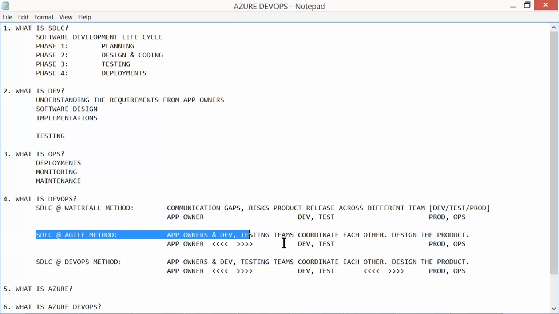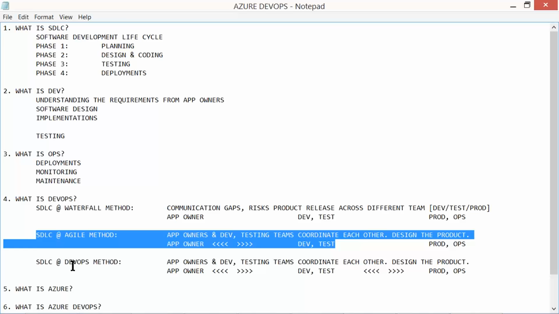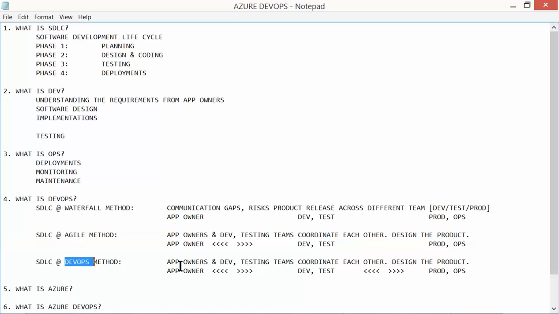Advantage of Agile, minimal planning. Advantage of DevOps, nice communication and fruitful deliveries, commitment and delivering with commitment. Here it is. The DevOps is mainly designed over here, this particular place. Development and operations team. Development on the left, operations on the right. With this information, now how can we define DevOps? Let's see.